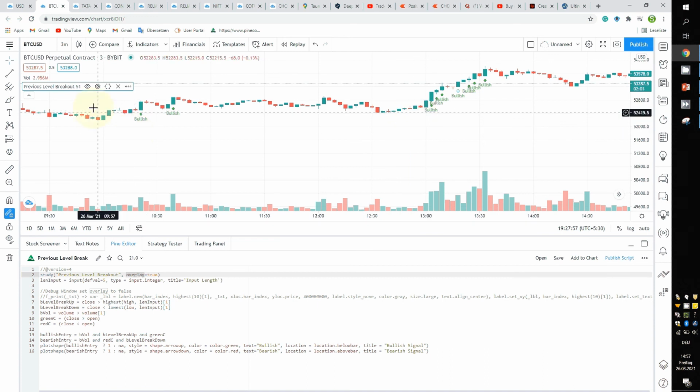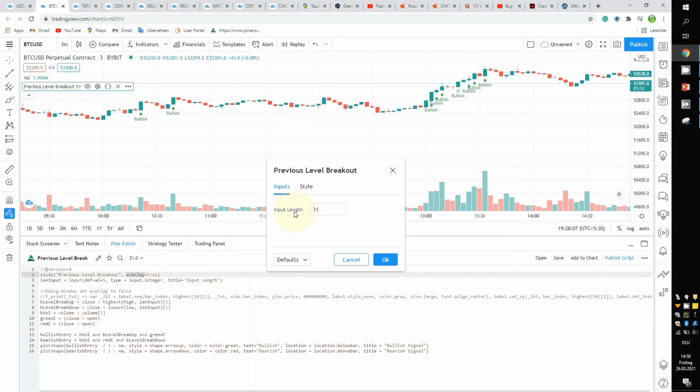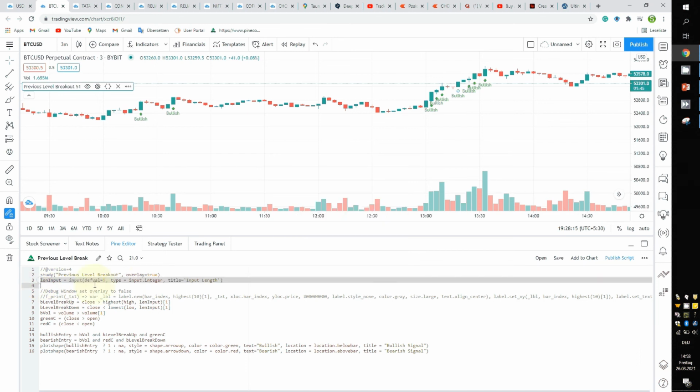I've already implemented this script to my chart. You need to go over here. When you click on the settings, you can see it has a parameter called input length, which is 51. This is exactly the same thing that I have written here. So the length of input,